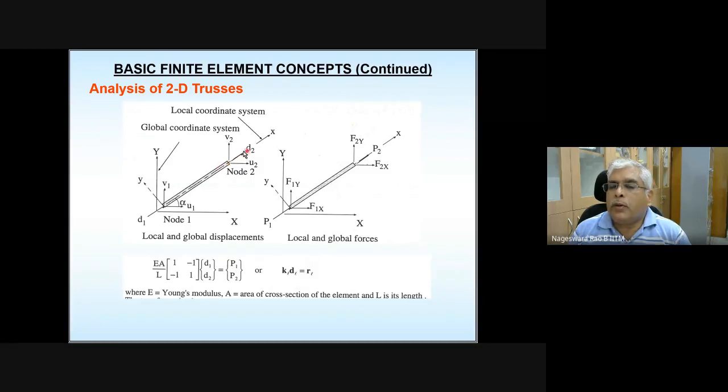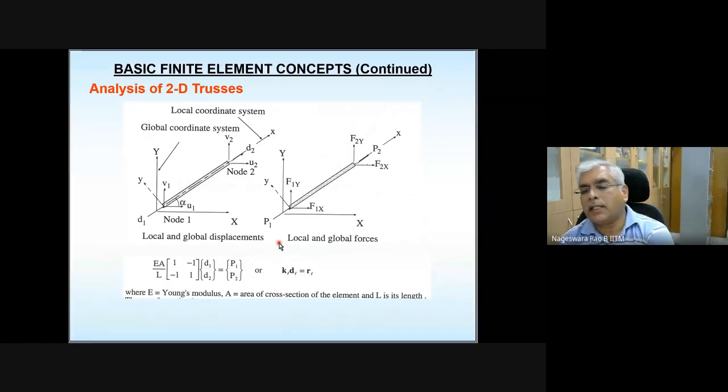The axis coinciding with the bar element axis is denoted with small x, and an axis perpendicular to small x is denoted with y. This y axis is not going to have any significance, but for completeness it is denoted. This small x, small y axis is what is called the local coordinate system. So you have the global coordinate system denoted with capital X, capital Y, and the local axis system denoted with small x, small y. Okay? Any questions?